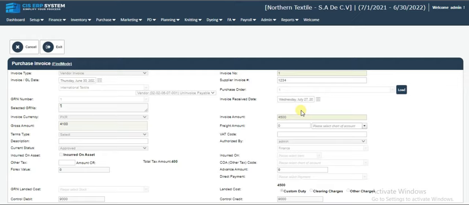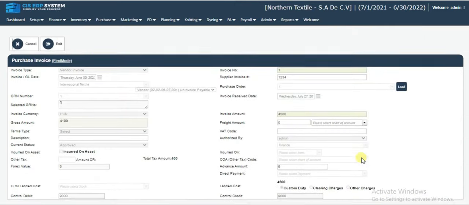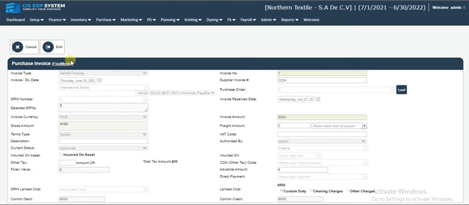Okay, all information is perfectly put in each column. As you can see, we have successfully created our purchase invoice. Next, document. Once you have successfully created the invoice, then you have to make a payment voucher